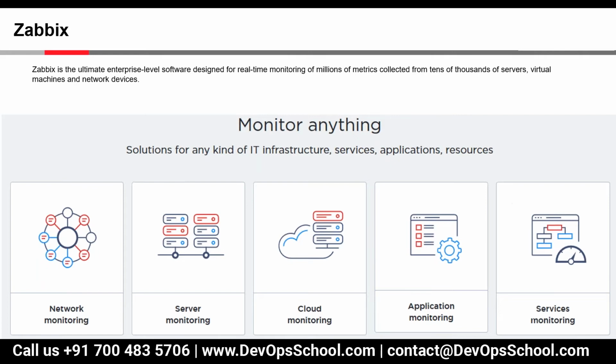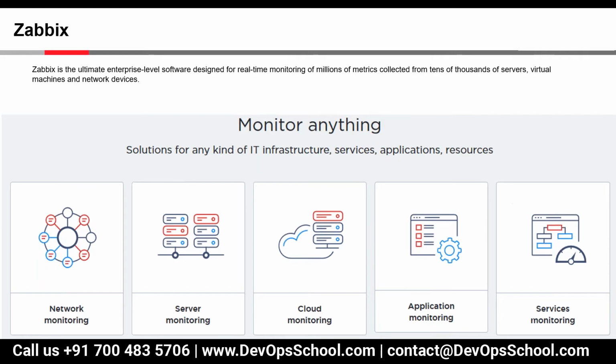Then we have application monitoring. On a particular Windows or Linux machine, if there is any application running, we can monitor that as well. We have standard applications like databases, Microsoft Exchange, or any other backup application which is taking backups, like VM backups.